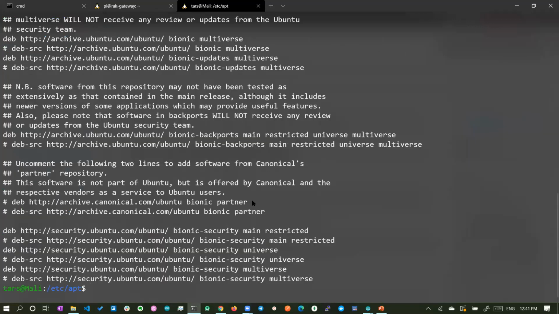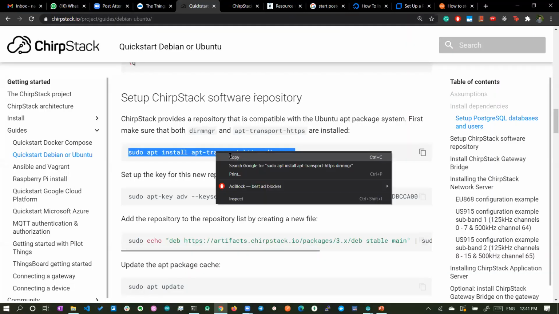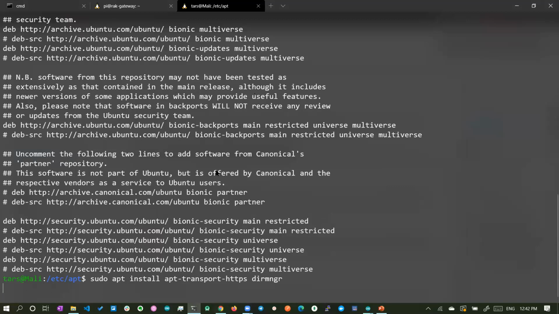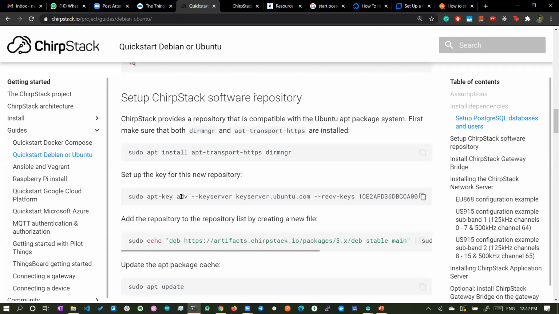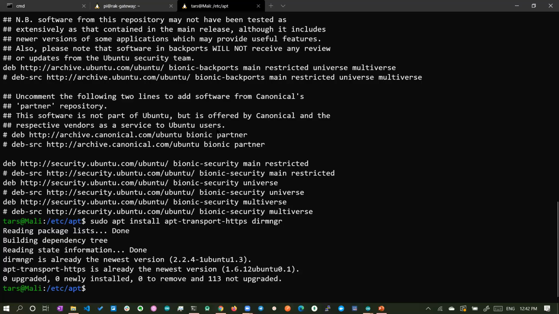Whatever application you download should be available within this sources list. Now we can add the TTN sources list to it. I've already added it, but anyway I'll try to install it again. It's already the newest version. The next thing is we have to add all the keys. This key is also already added, so I'll add it once again.